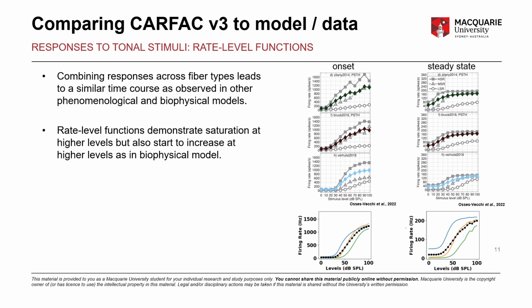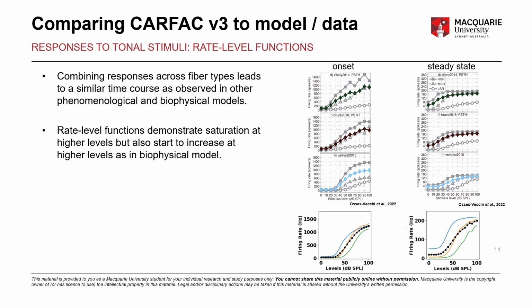We can see the different responses of the high, medium, and low spontaneous rate fibers in blue, orange, and green respectively, with the mean rate shown in black, which is equivalent to the output of CARFAC V2. As you can see, the actual numbers are quite similar at both the onset and the steady state, where the steady state is the mean rate for the last 40 milliseconds. But you can also see saturation at the highest stimulus levels,